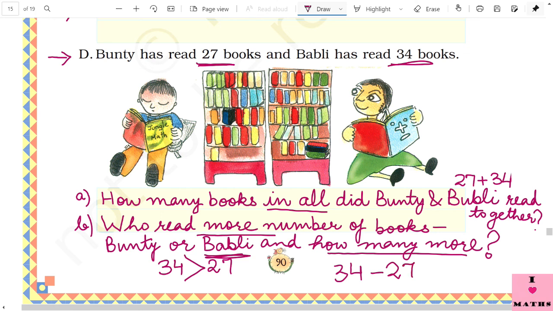So children, this is how we can make question statements when some conditions are given to us. So this was a lot of fun, right? Because earlier we were solving story sums and now this time we have made story sums. Okay, children, you also practice making story sums by looking at different type of conditions around you.